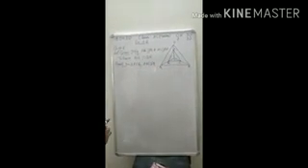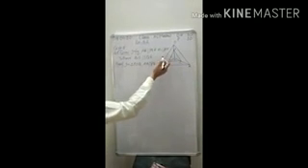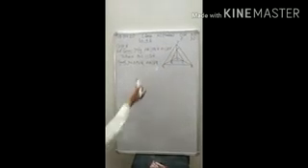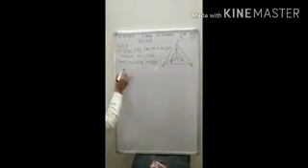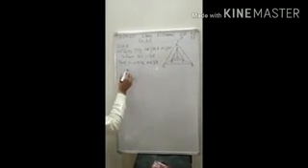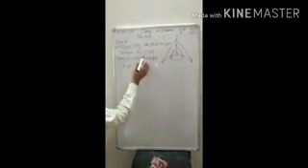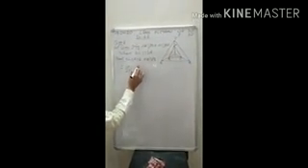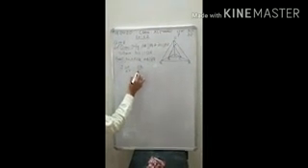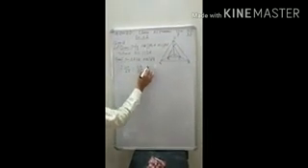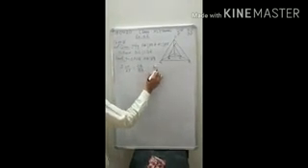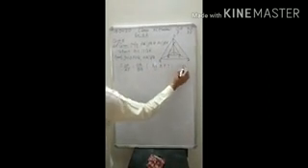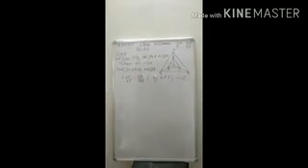And you know that if in a triangle a line parallel to the third side divides the other two sides in the same ratio. As AB is parallel to PQ, therefore OA upon AP will be equal to OB upon BQ. And what is the reason for that? Because it is by BPT, the basic proportionality theorem. This is our first result.